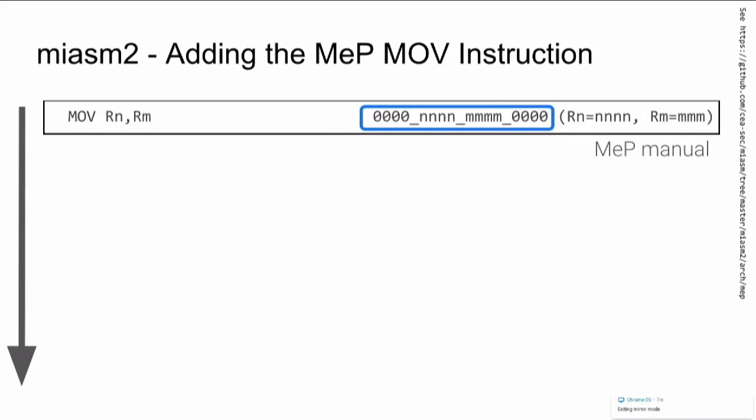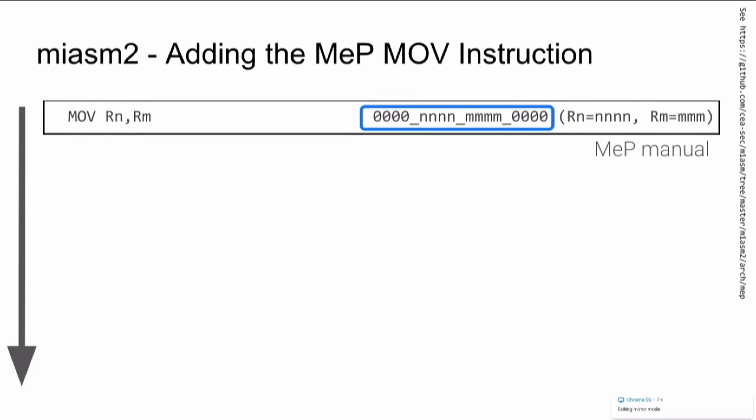Next, I would like to show the power of MyASM and explain how we can implement an instruction. This example is really simple. We'll try to implement the move instruction in MEP. One of them is moving one register to another. This instruction is 16 bits long, starts with 4 zeros. Then we have registers encoded on 4 bits each, and then it ends with 4 zeros.